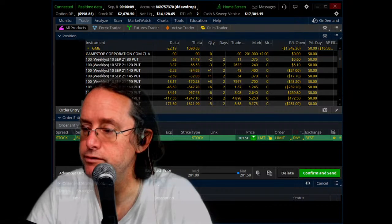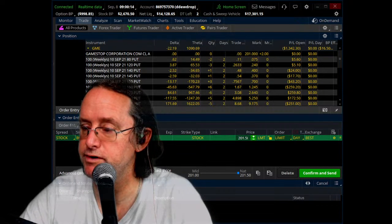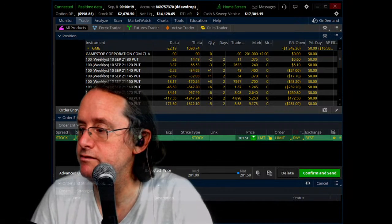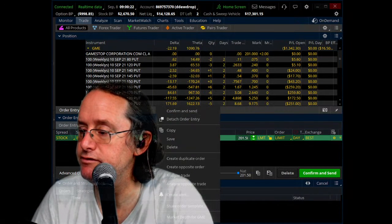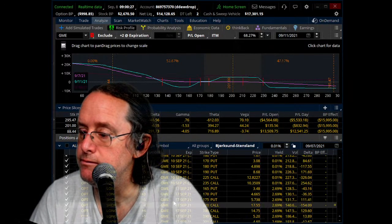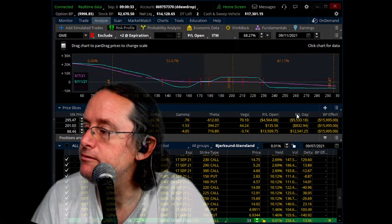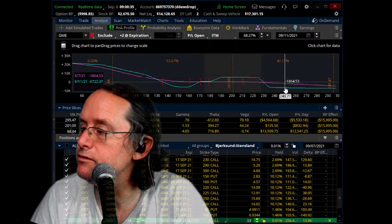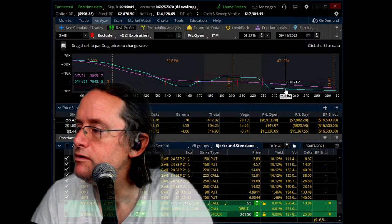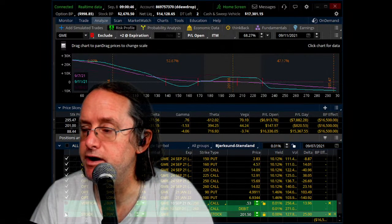Then that's going to start to, and no tears. If we go lower, we're going to lose $25 each point being long these shares, but we're managing our risk here. So if we were to buy 25 shares, now all of a sudden our risk profile, up at 250, we're down 1,800 as opposed to being down 3,000, right? So all of a sudden it's evening things out to buy a couple shares, and that kind